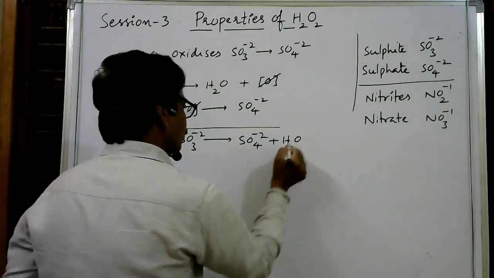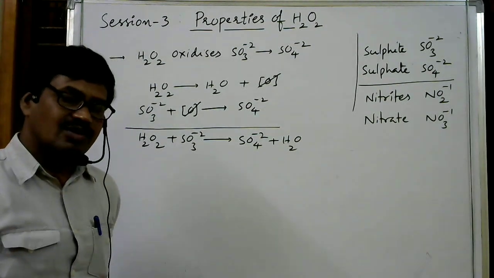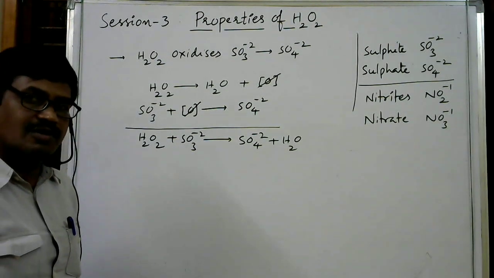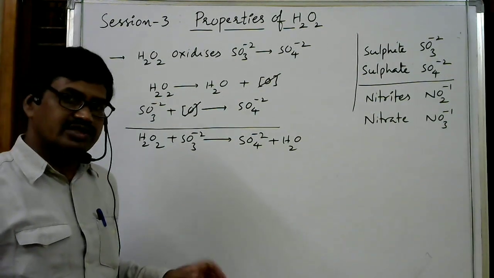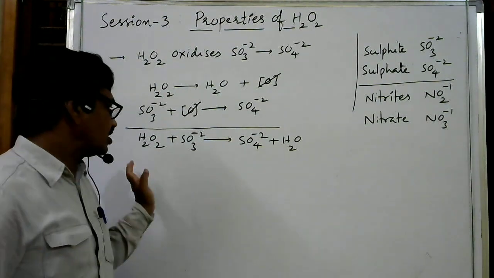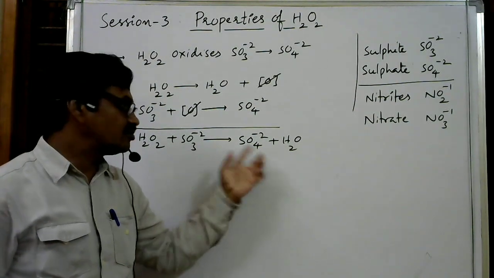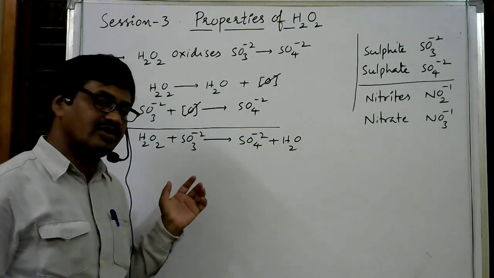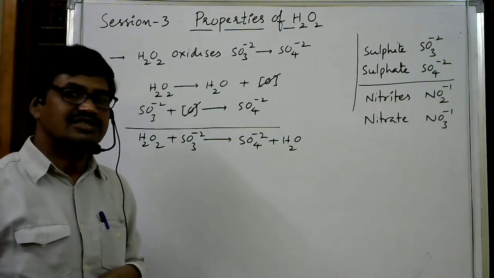See here H2O2 again. Sometimes in multiple choice questions they ask: among the following, which property is the oxidizing property of H2O2, or which property is the reducing property of H2O2. For that, what is the shortcut without seeing oxidation reduction reactions? If you observe, in the reaction, if hydrogen peroxide produces water at the product side, then we can say it is oxidizing property. If hydrogen peroxide produces oxygen gas at the product side, then we can say it is reducing property.